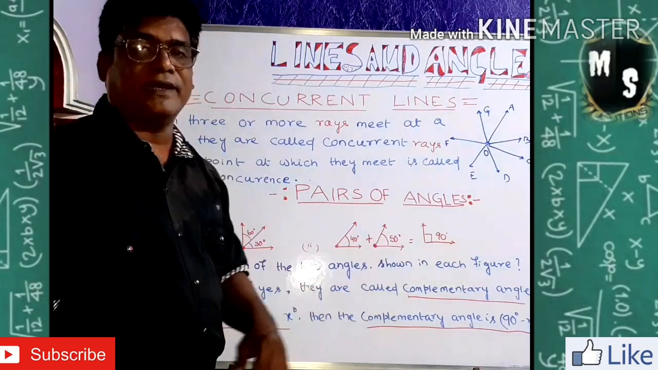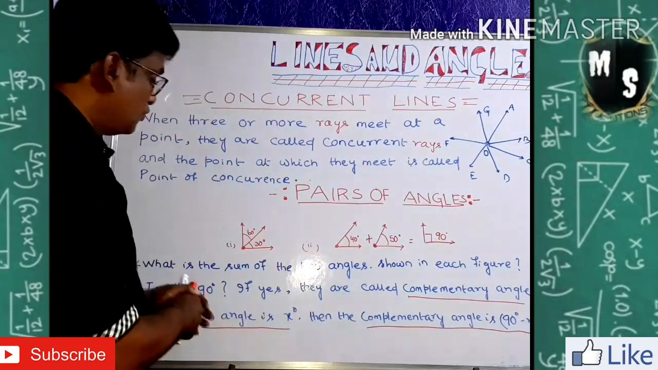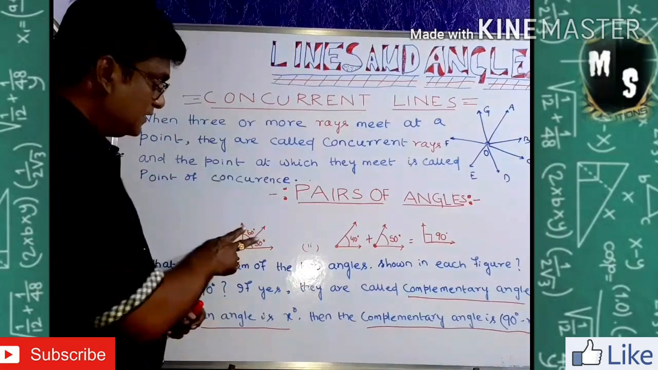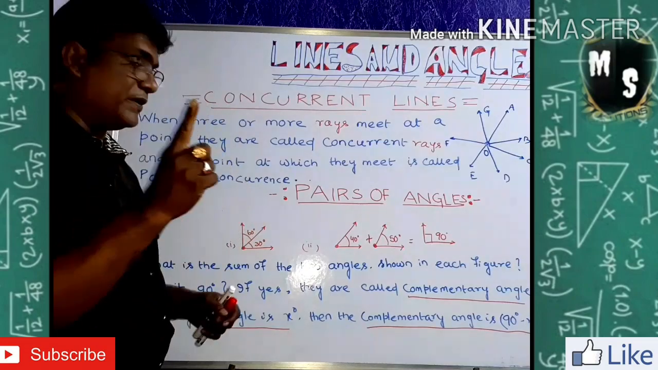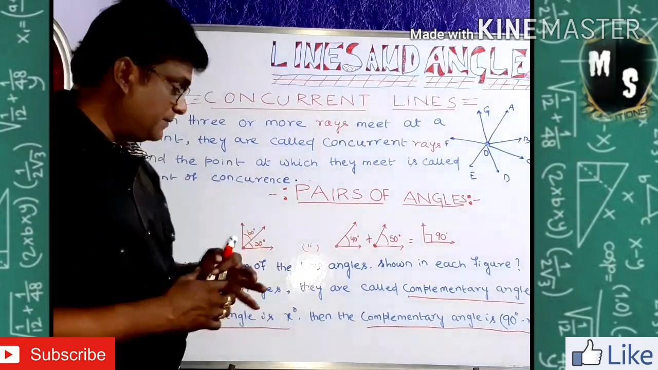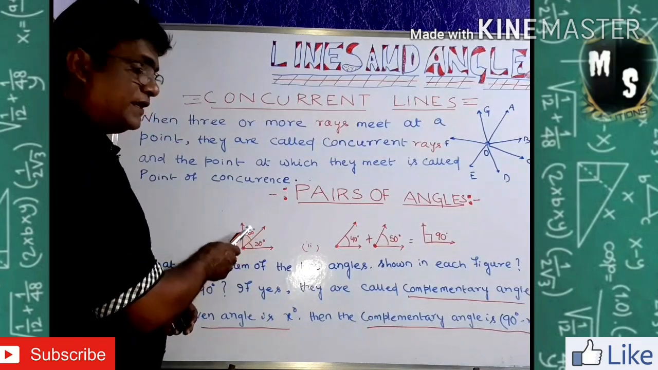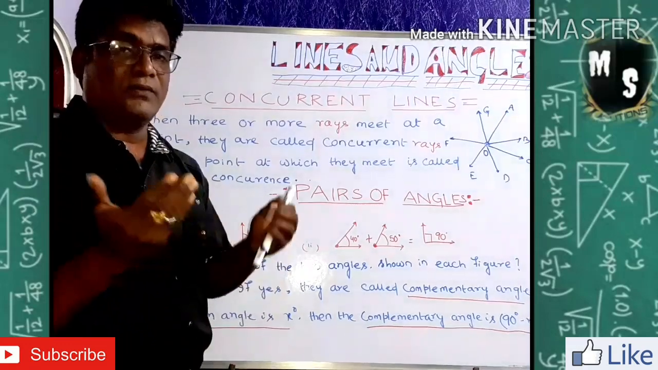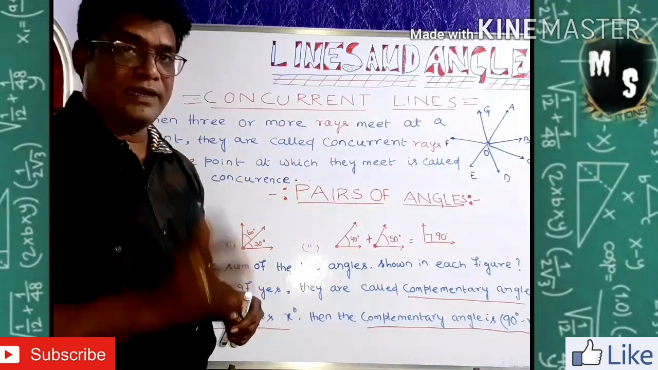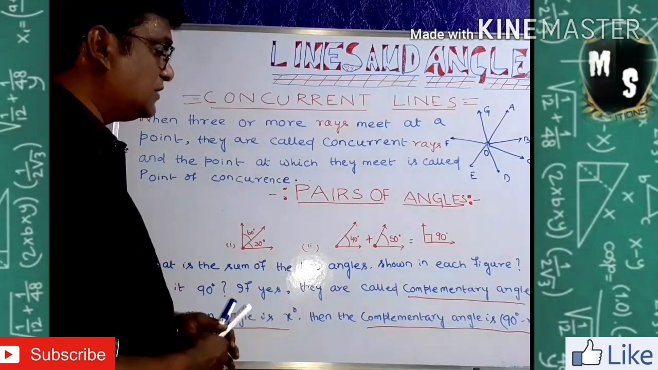complementary angles. That means these two angles are one pair. This pair is called complementary to both. That means 60 is complementary to 30 and 30 is complementary to 60, because when they are added, they are giving you 90 degrees. If a given angle is x,